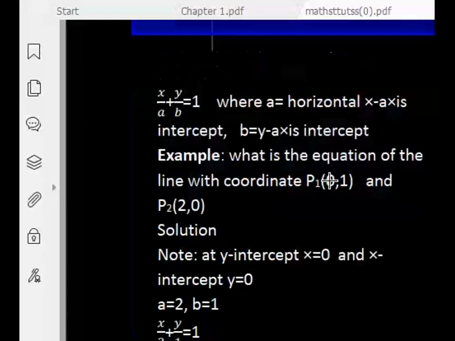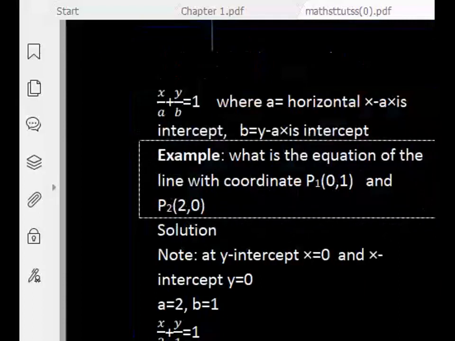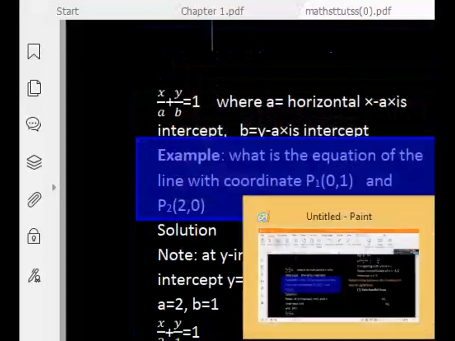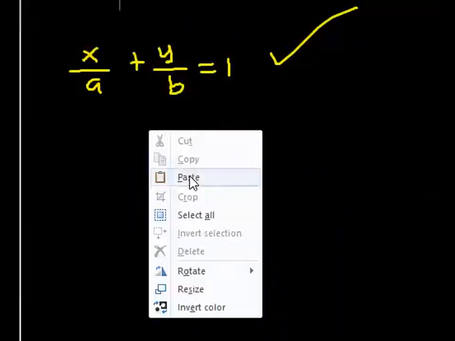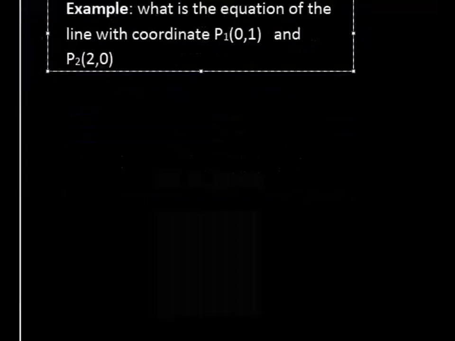Let's look at an example. Now the question you ask is, how do we even know from a coordinate which is the y-intercept or the x-intercept? Please take note of this. I want to bring this to your notice. At the point where x has an intercept,